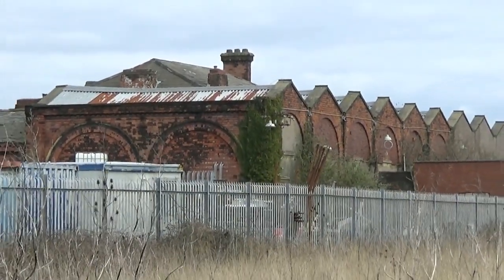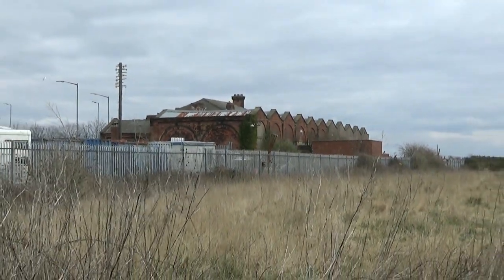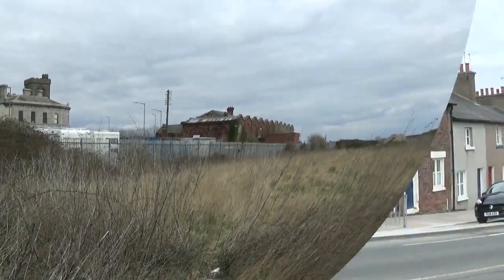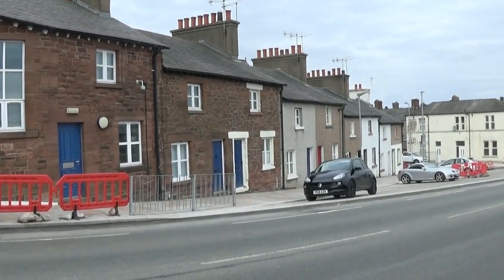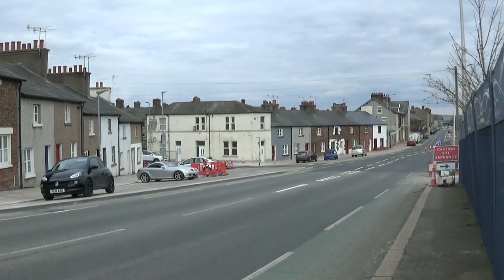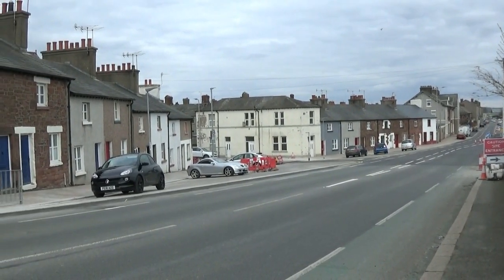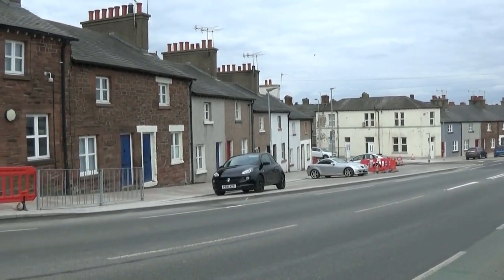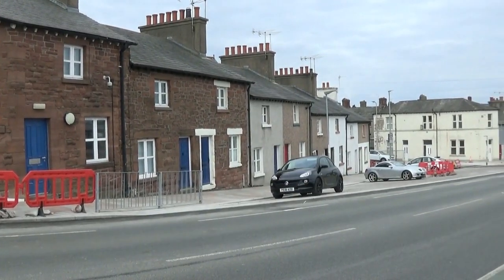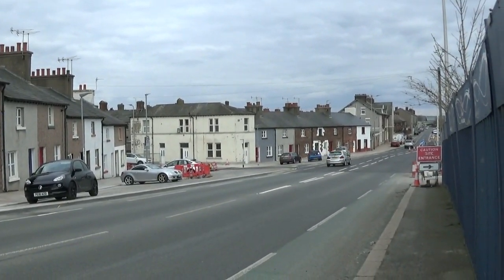Another little sneaky back view through the fence of the old Barrow Station. And these two terraces that are laid out sort of in crescent fashion are some of the earliest dwellings built in Barrow-in-Furness. They're the earliest development you'll find on the maps, and they were built by the Furness Railway Company circa 1843. We're on Roos Road now, and in the middle there, in the centre of the crescent if you like,